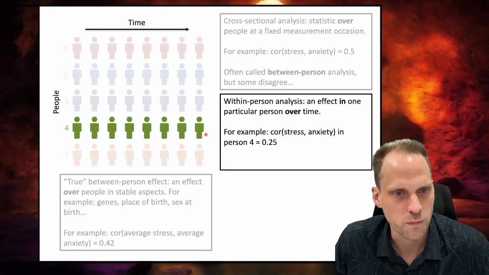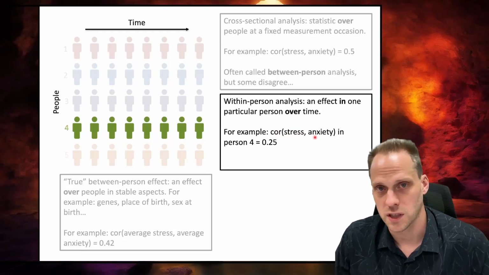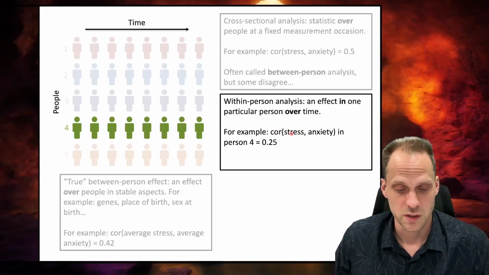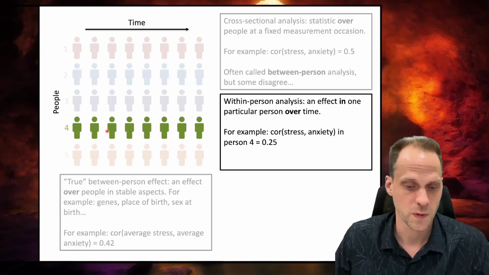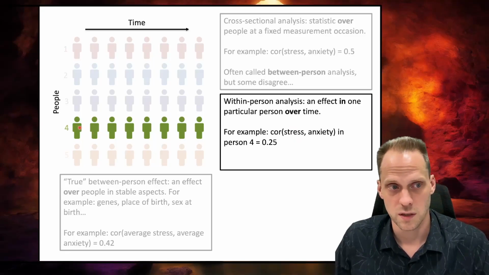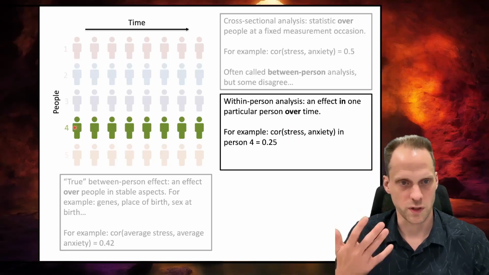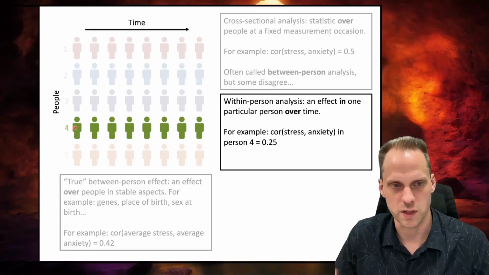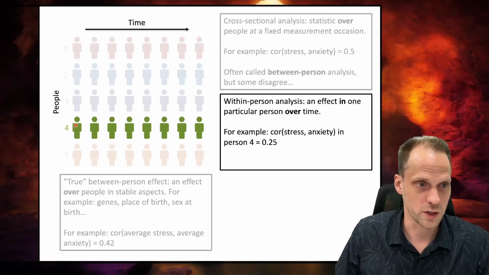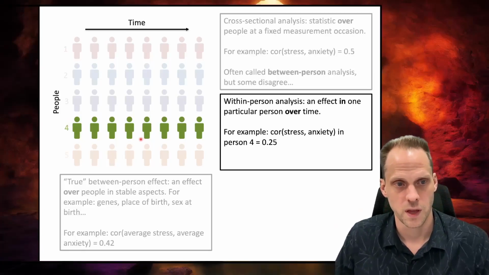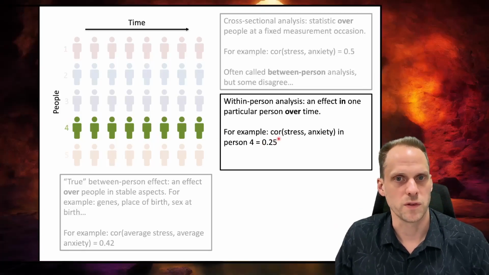So for example, we correlate stress and anxiety. Stress now means the deviation on stress from the person-wide mean, because we can't look at the average of this person. So maybe this person is on average very stressed, on average very anxious. That we can't do much with because we don't have statistics to deal with there. We just have one average. We can't relate it to anything else. That's why we can only look at the deviation from this average. So again, this correlation might be something different.